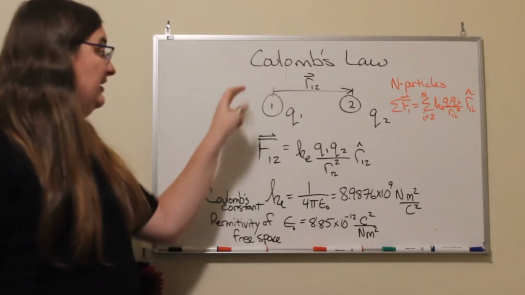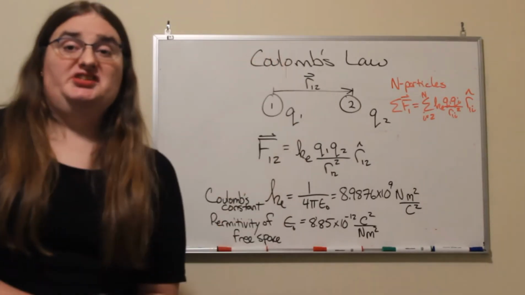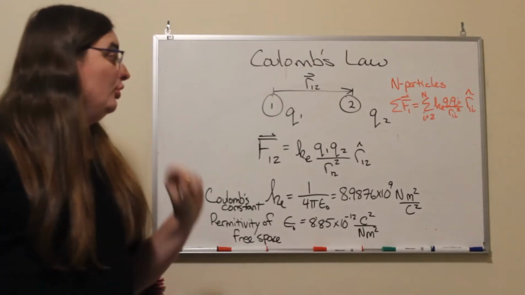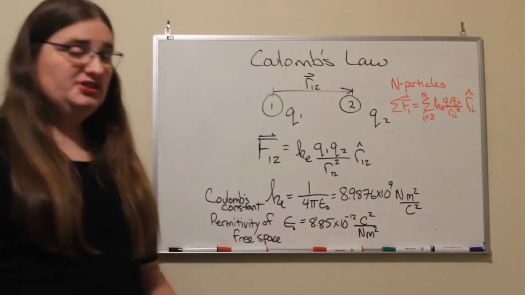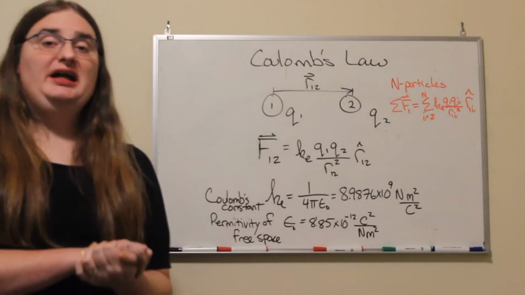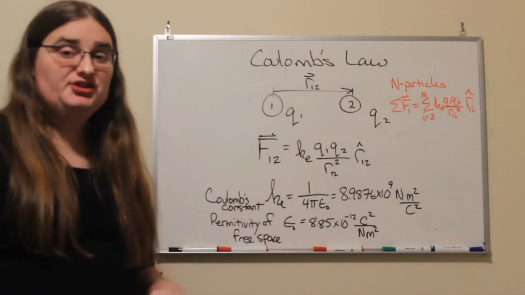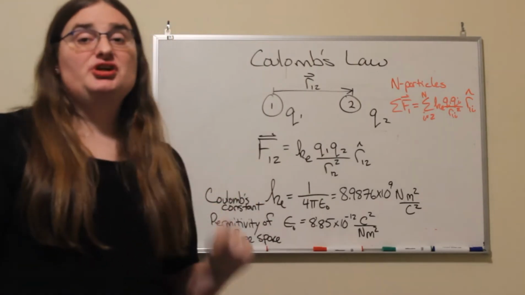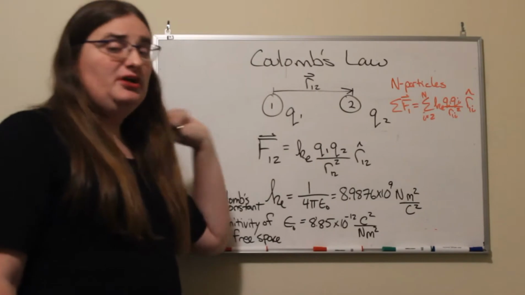And that constant is named for the discoverer of this law, Coulomb. And what Coulomb determined was the force between charges is equal to the constant times the value of charge 1 times the value of charge 2 divided by the distance between the charges squared, acting on a line from charge